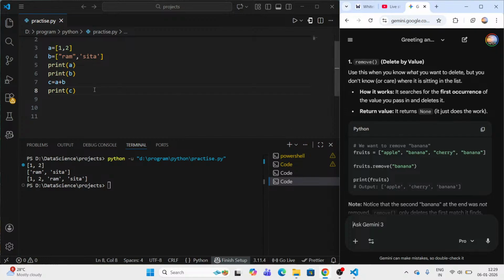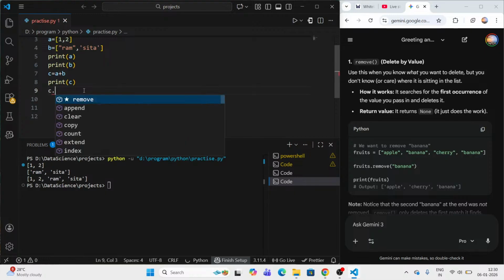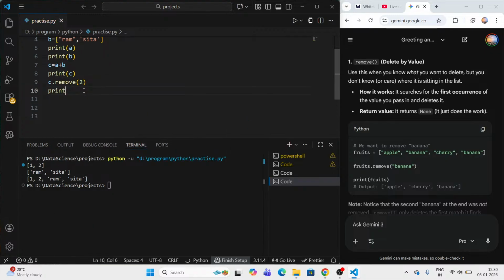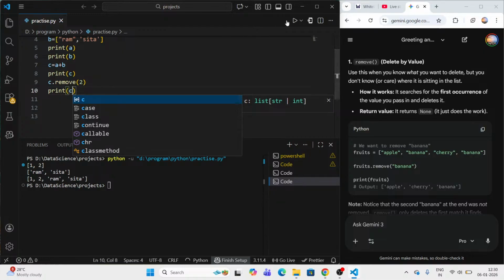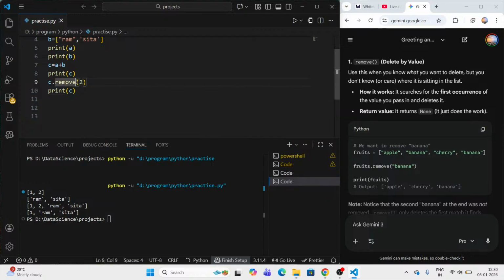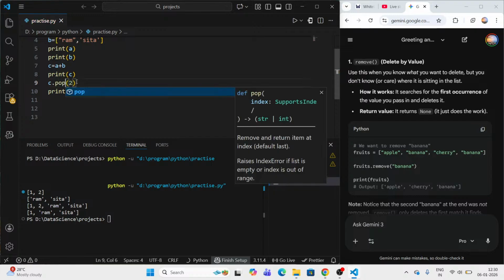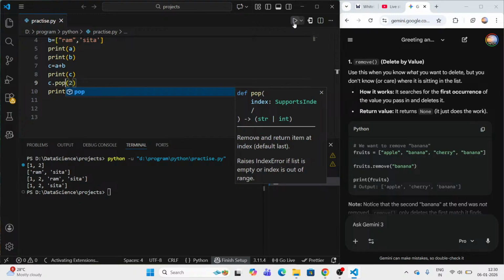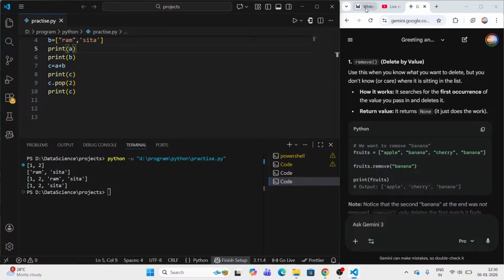Okay. Now let's say in C I have C dot remove Ram. Now let me print C. Ram, Sita. That's nice. If I say pop, now here it removed Ram. That's it. So the main difference is